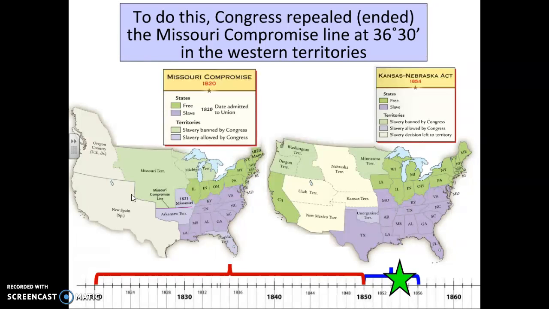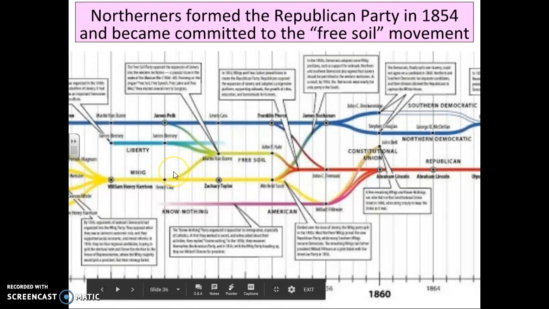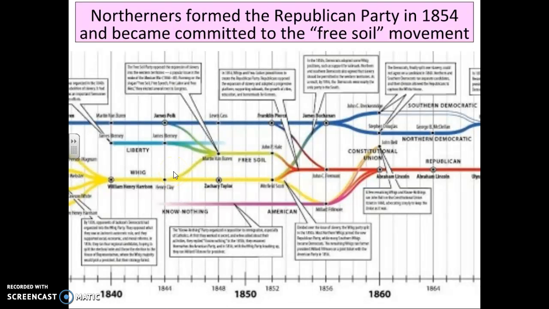If you can imagine, if you're part of the Free Society, if you're an abolitionist, this angers you deeply because you do not want slavery to expand. You want to retract it as much as you can if you cannot outright abolish it. So the North is going to be very upset with this Kansas-Nebraska Act. And with this anger, the newly formed Free Soil Party will transform in 1854,